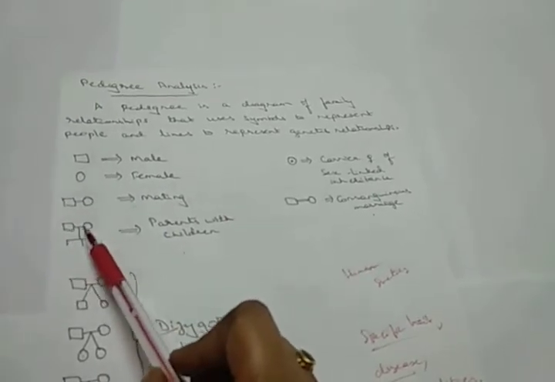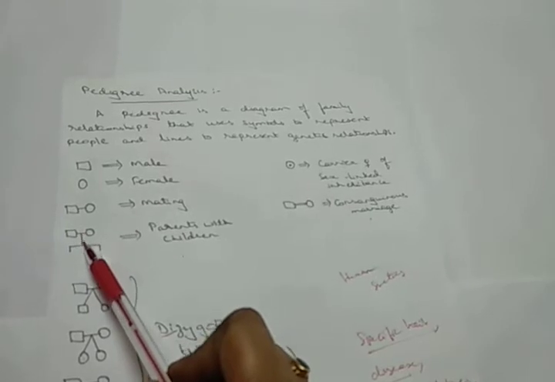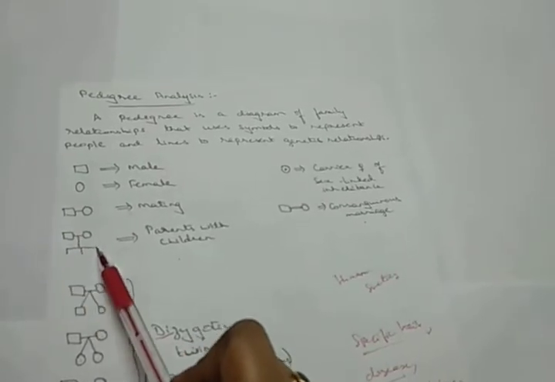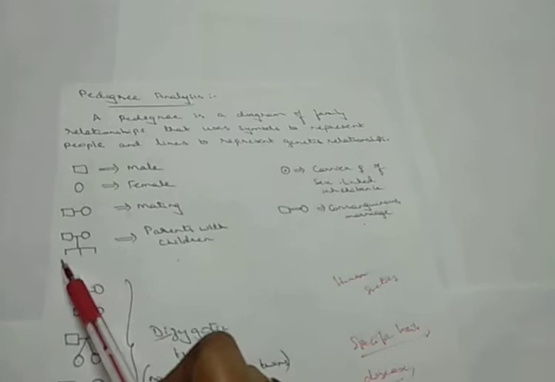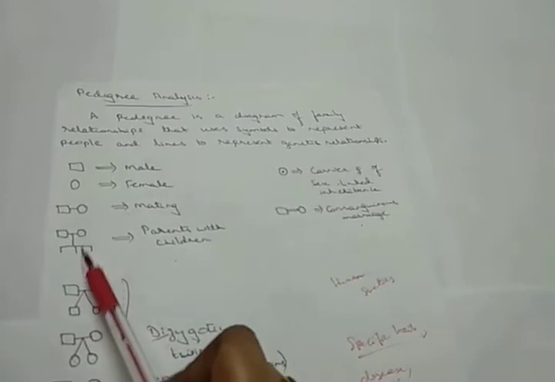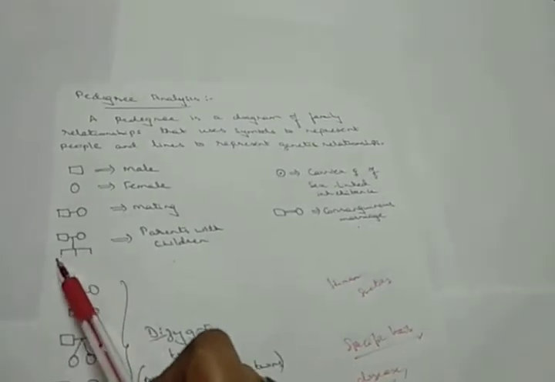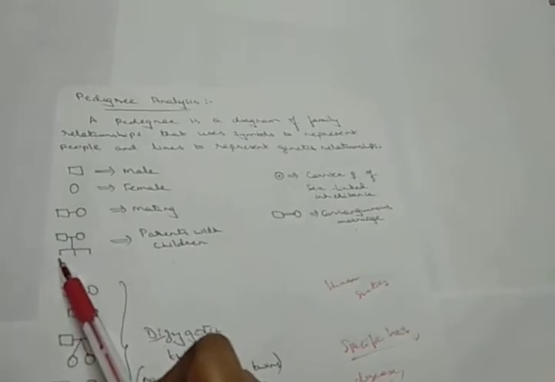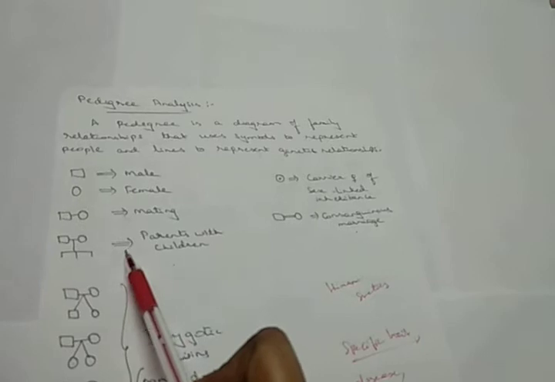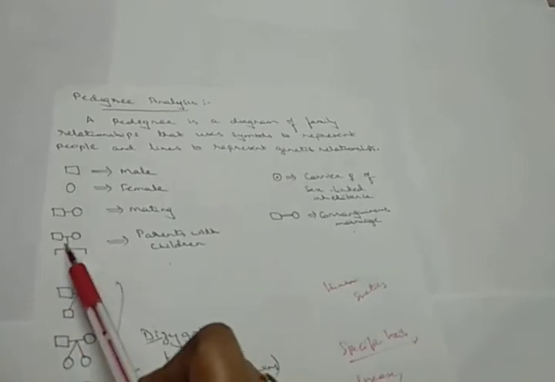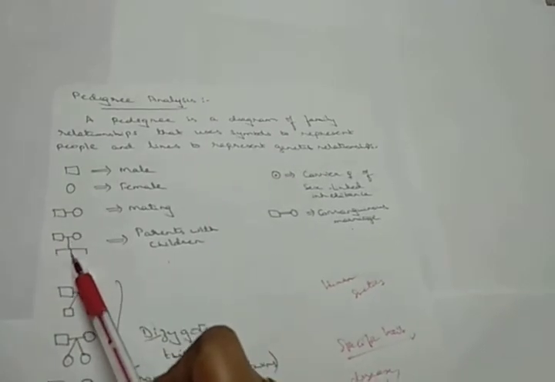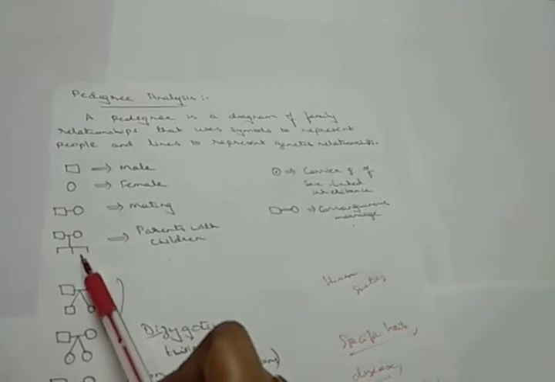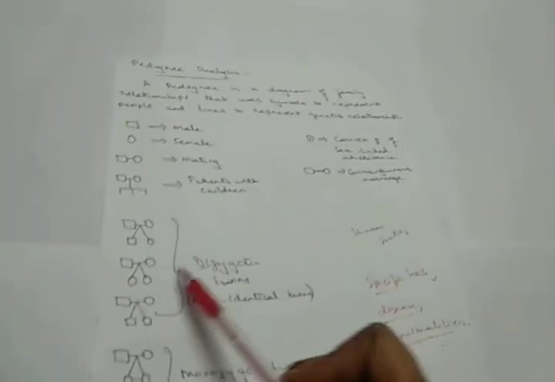So the male and the female, if you are going to draw the line here like this, it is going to tell you the relationship between the parent and the children. This is the children's plot, where you will observe that the individual can have 1 child, 2, 3 or 4. That depends on them, so that you give the relation between the parent and the children. Coming to the next one.